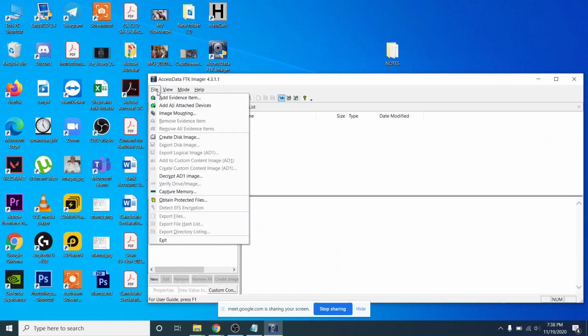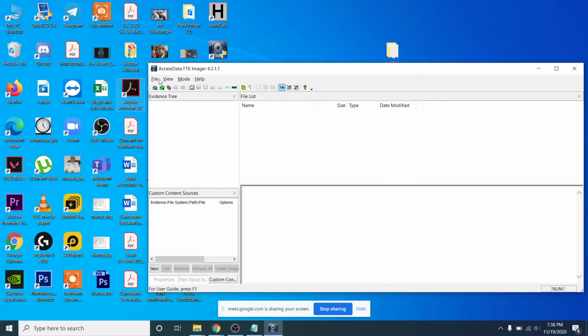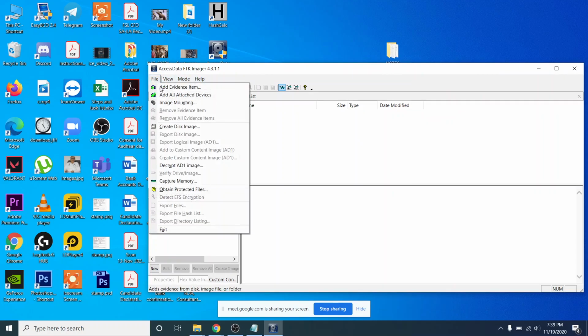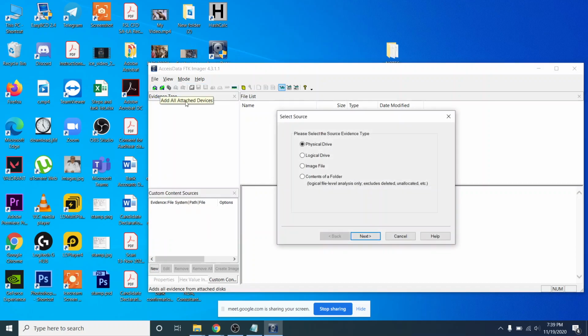Look, firstly there are several options: file, view, mode, help. Firstly I will be clicking on file, then add evidence item. You can add many evidence items at once also. Physical drive, logical drive, image file, or contents of a folder. But if you choose this option, see,